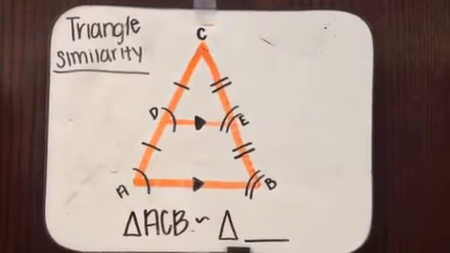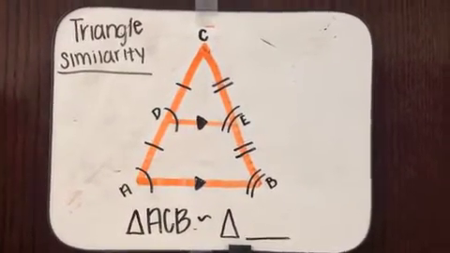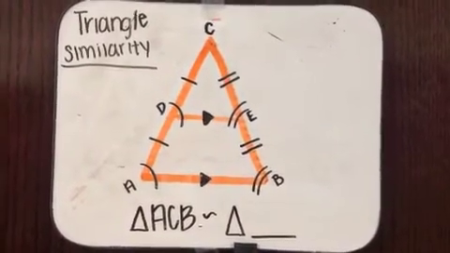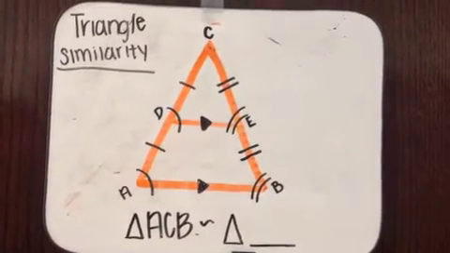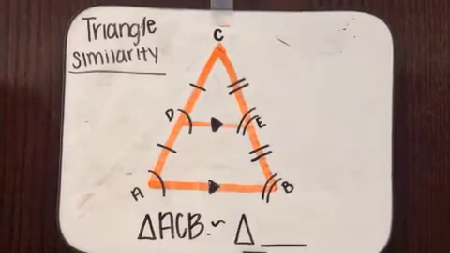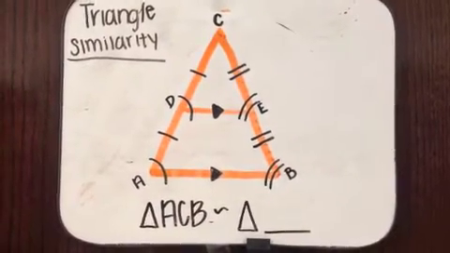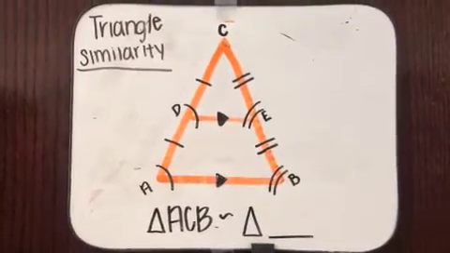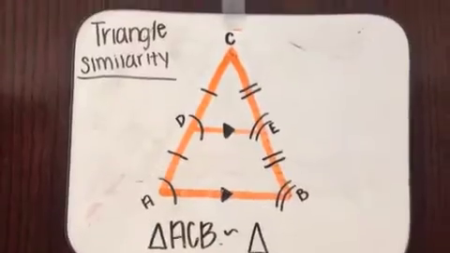Now we will be covering triangle similarity. When a triangle is similar to another triangle, it is the same shape but different size. As shown by the dashes, the mid-segment theorem is when the middle line, right there, is parallel to the third